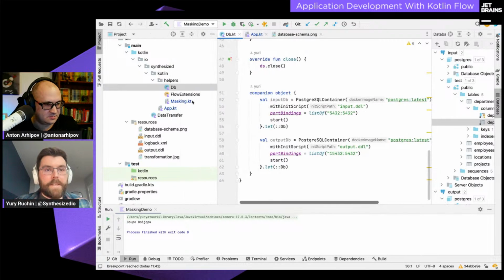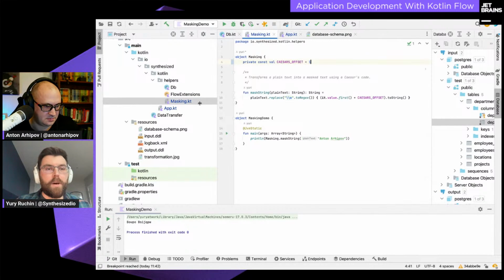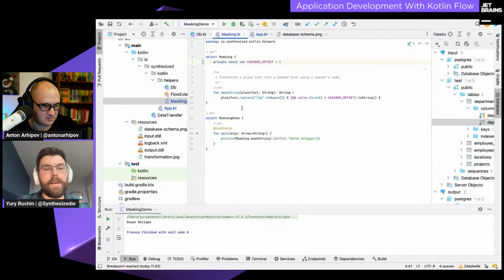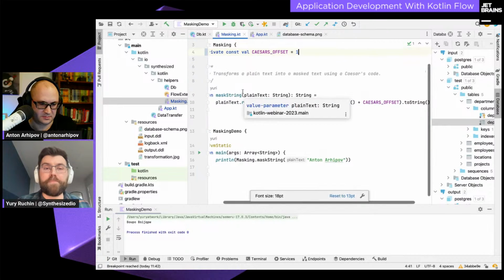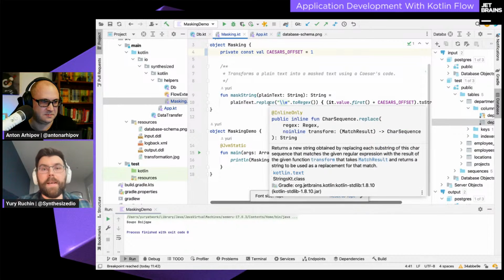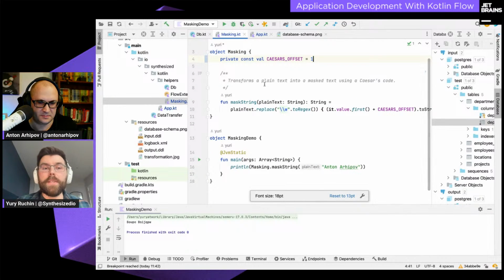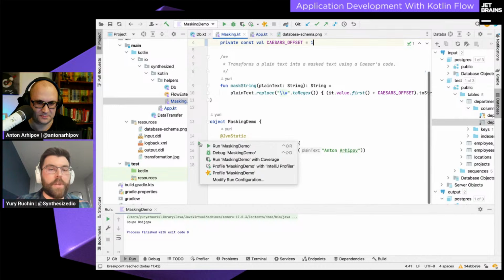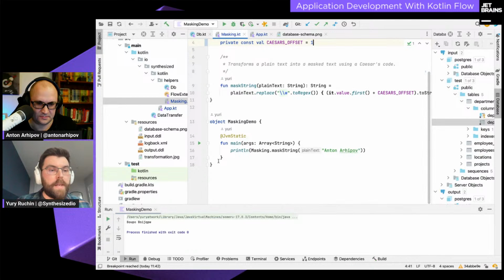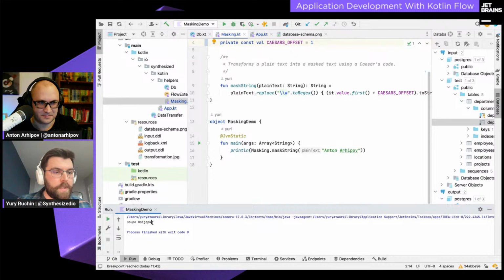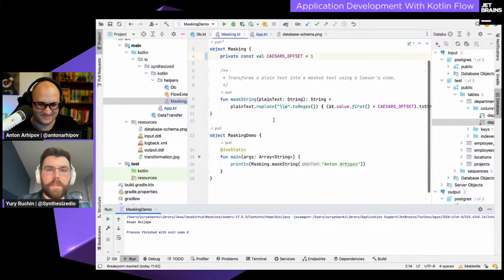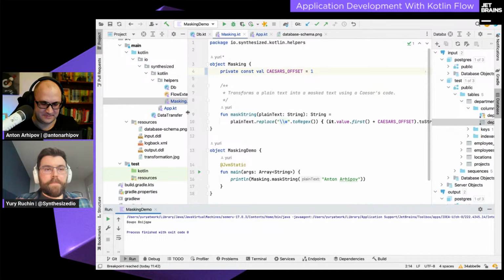And the last piece of our helpers layer is the actual masking implementation. Here I've implemented the mentioned masking code, and we can make sure that it works with a simple test. Yes, so it converts Anton into a hobbit. That's fine. Yeah, so now we are ready to write our first